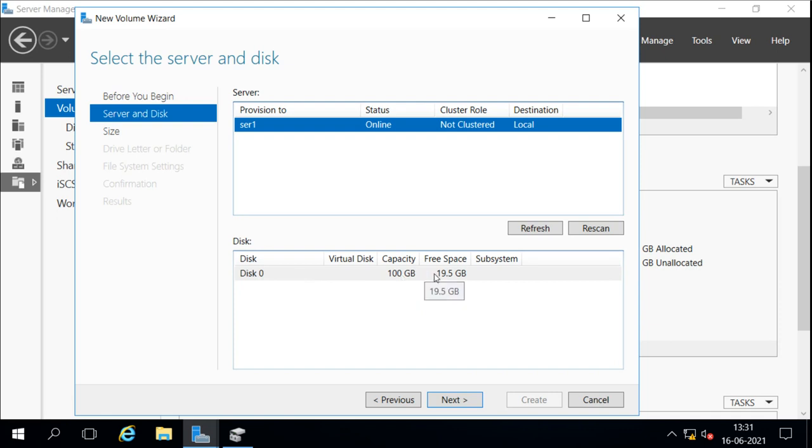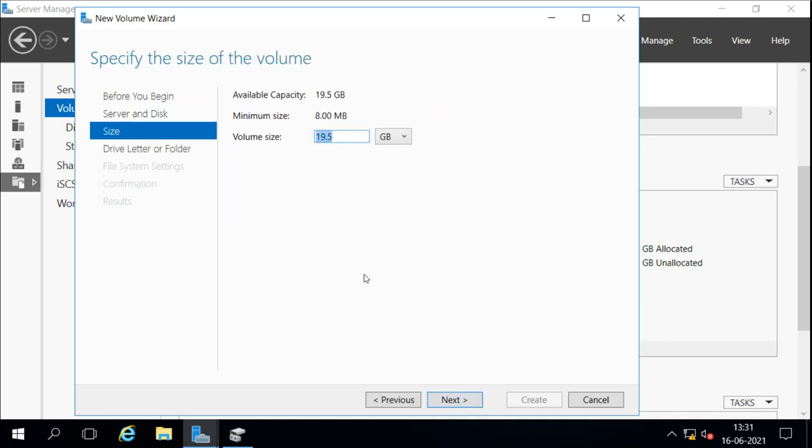We want to create on this, so we say yes. We'll go next, and then it is asking about the capacity available and what capacity you want to create. I just want to create 10 GB, so I mention 10 GB here, and then I will go next.